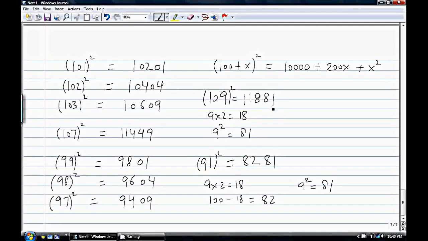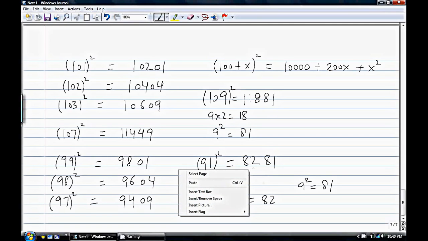So you see that these last two digits are always the same, but in this case we are adding 18 to the 100, and here we are subtracting 18 from the 100. So that concludes